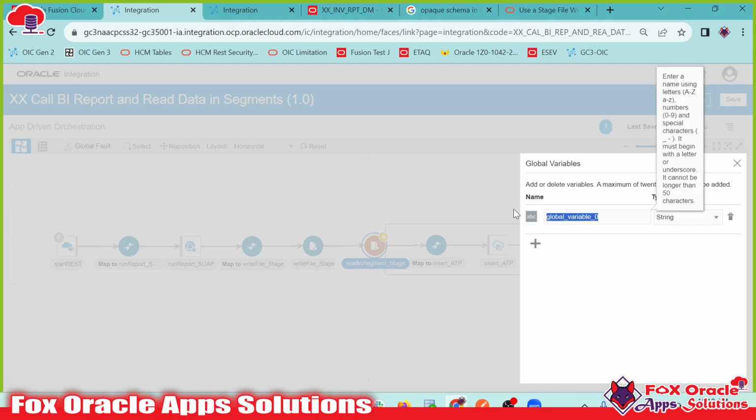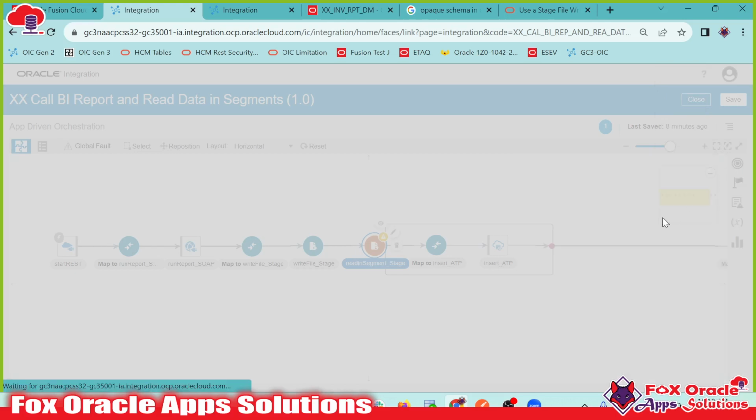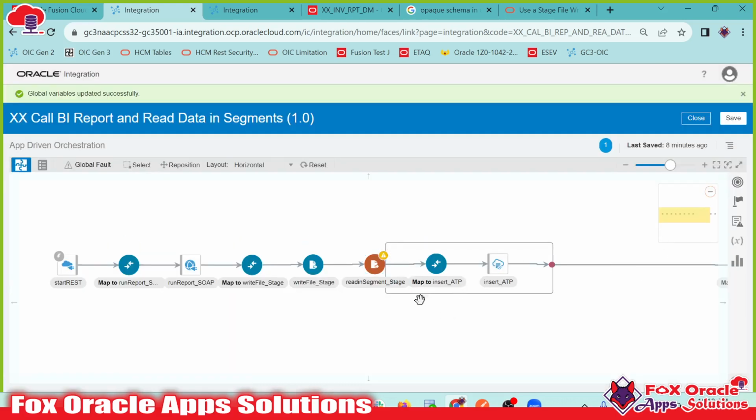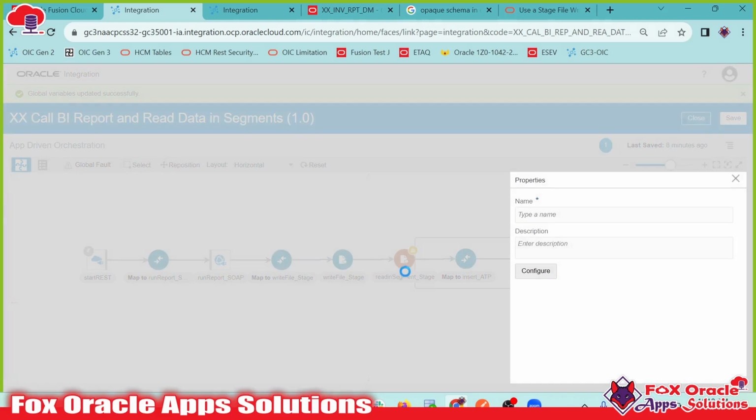So let me add that gvar sequence, and here we'll select it as a number, and done. We created the global variable. Now before starting this one, we have to update the variable value as 1. So here